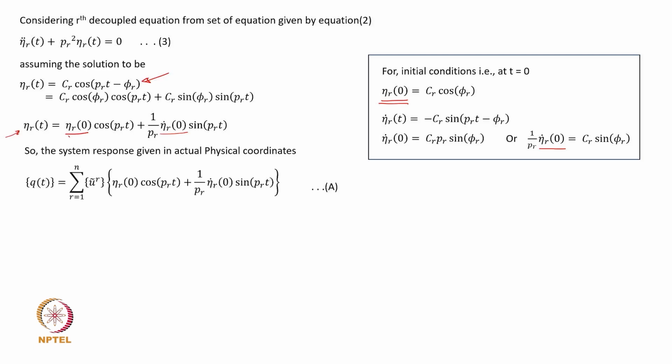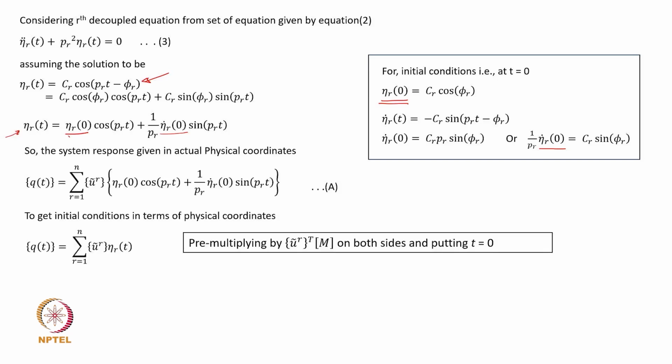That process becomes simpler because we already know this expansion of the physical coordinate into the principal coordinates, and then what we simply do is pre-multiply this equation by u r tilde transpose M